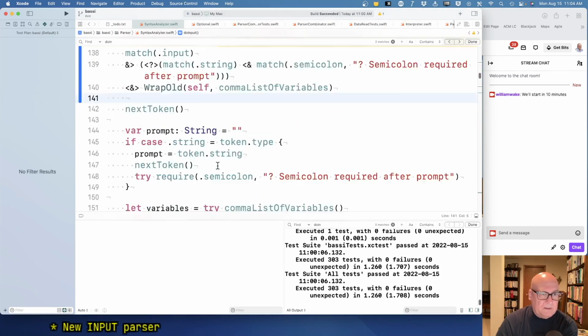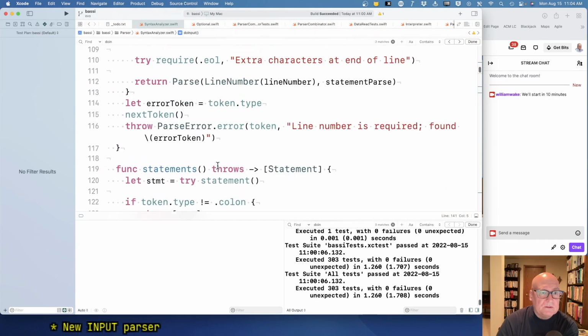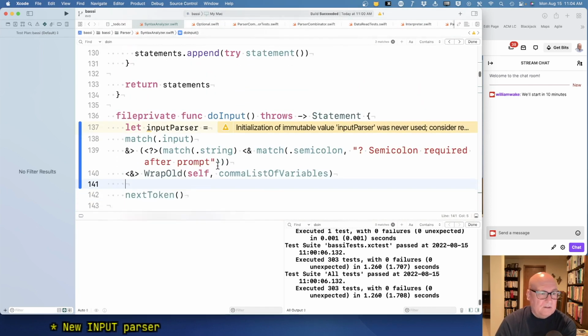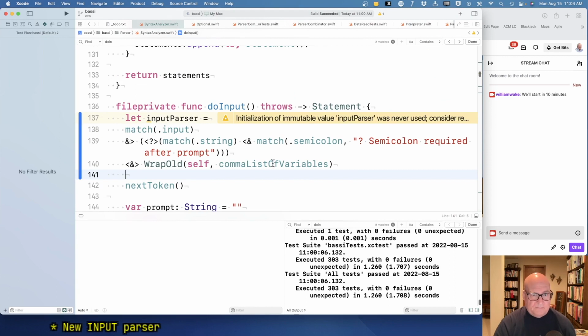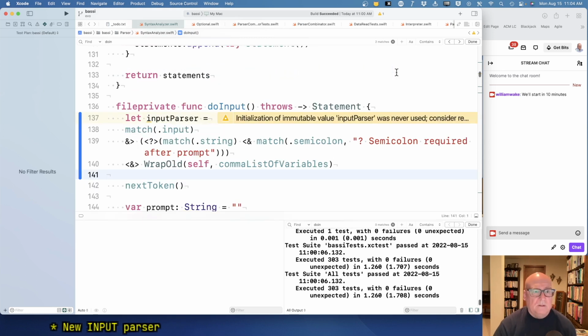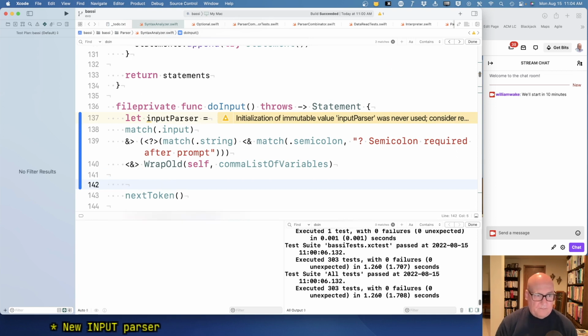And comma list of variables, wherever it got to. Returns a list of expressions. Okay. So this whole thing,